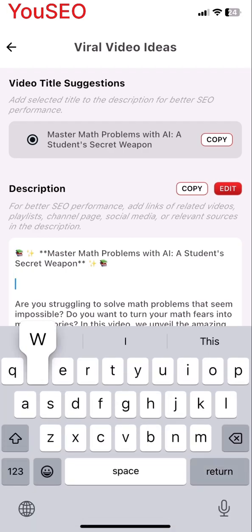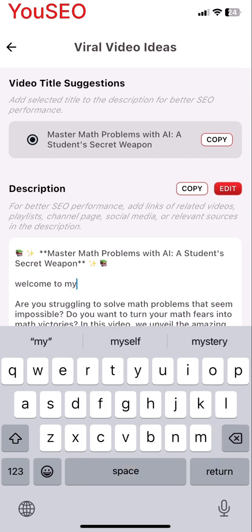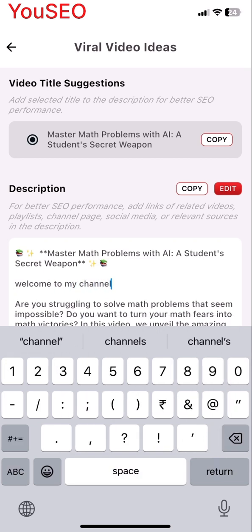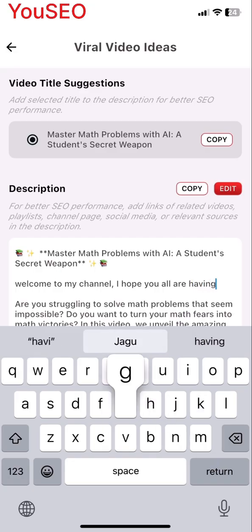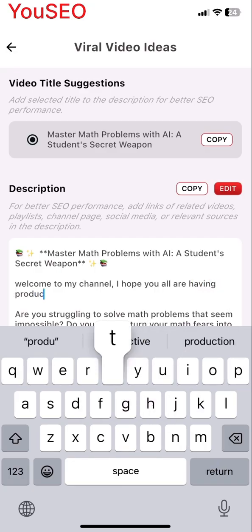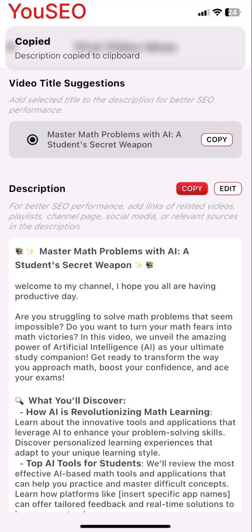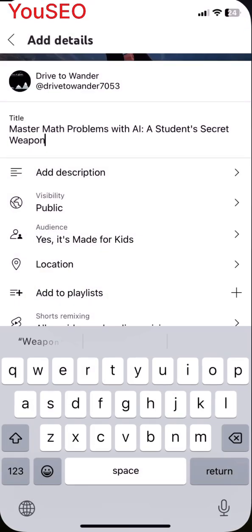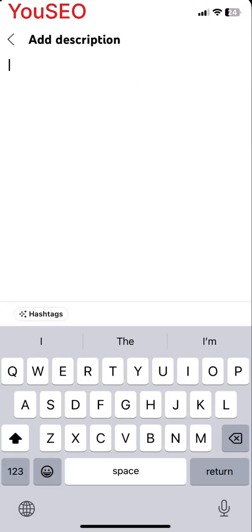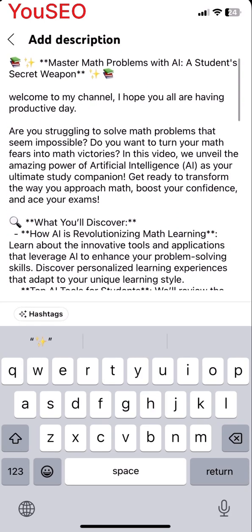Got it. But what about the visuals, the first thing you actually see? The sources say it helps create eye-catching and click-driven thumbnails. Getting that visual right feels so subjective, almost like an art. How can a tool help there? It's that immediate visual pitch, isn't it? The sources suggest YouSEO might offer design help, maybe templates based on what tends to work well, data-backed elements, perhaps.